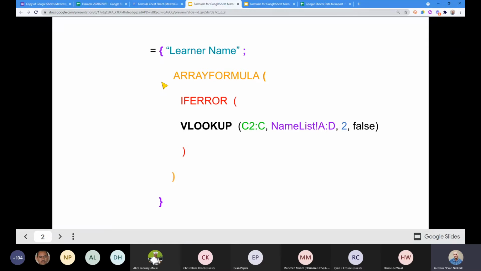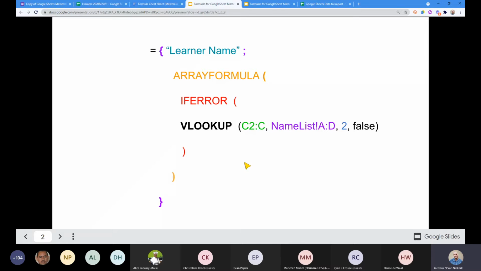The nice thing is there are parts of this that hopefully by now you understand. I'll explain this IFERROR in a minute, but hopefully by now you're getting what the array formula does and what this top bit does, so that you can start putting these things together. But now we need to look at what the VLOOKUP does.